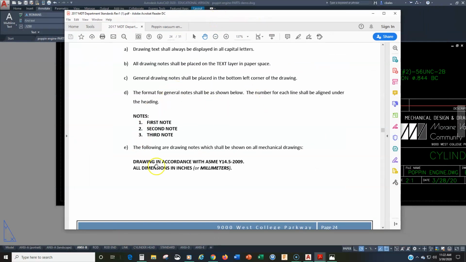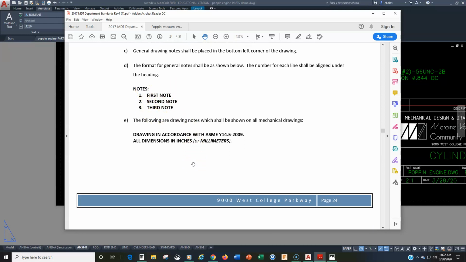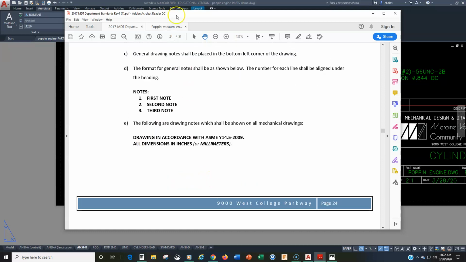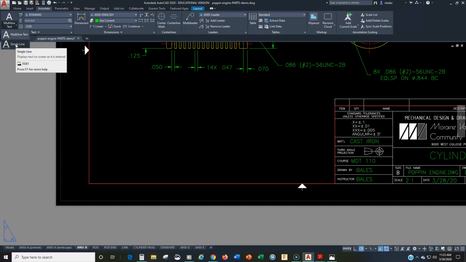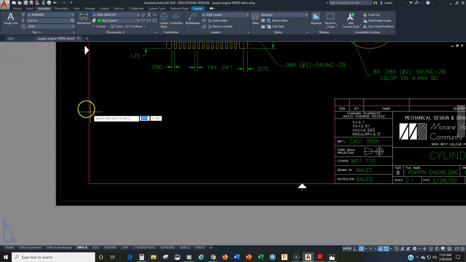departmental standards so that you can see this is page 24 where we have our notes, and then of course on page 25 are all the sample notes that you can choose from. All right, so let's follow this format. Now I like to put my notes in using single line text. If you use multi-line text, you just have to be a little bit more careful that things space out more. But I'll use single line text for this, and I'll go right here,